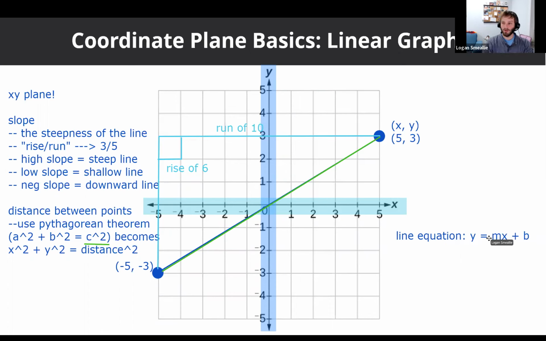Why bother moving all of our lines into this form? Well, it's because once we get it in this form, there's a couple very powerful things. M, or the thing that's being multiplied times x, is the slope always, once you get it in this form. And then b is something we haven't mentioned quite yet, and that is the y-intercept. The y-intercept is a very helpful thing to know.